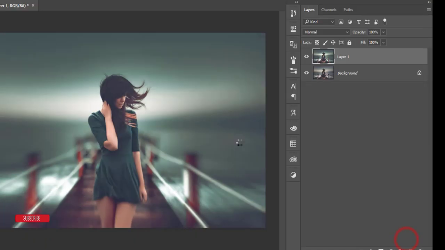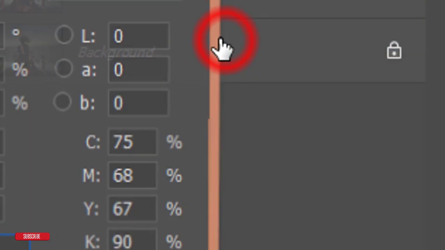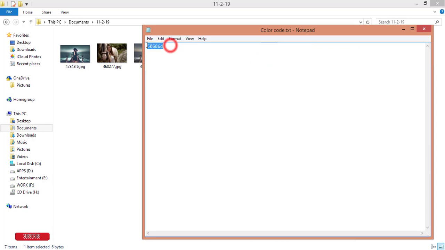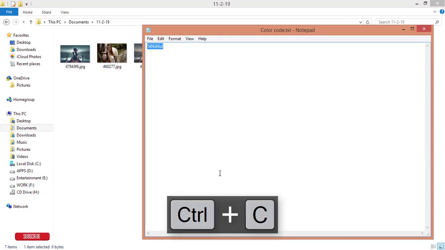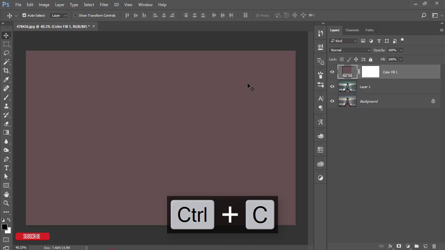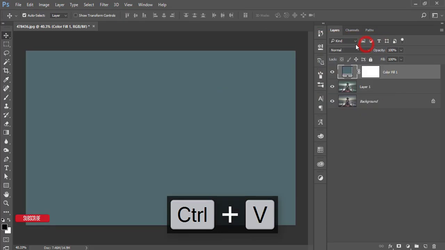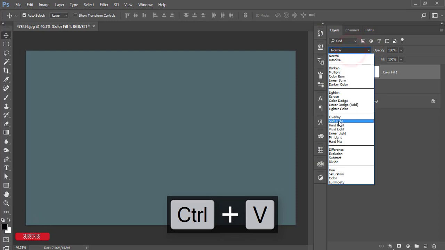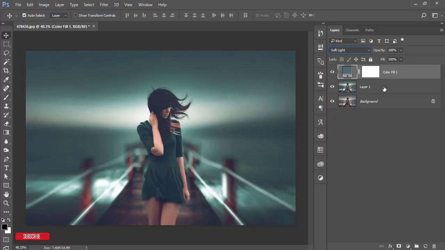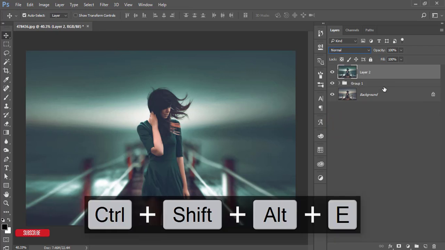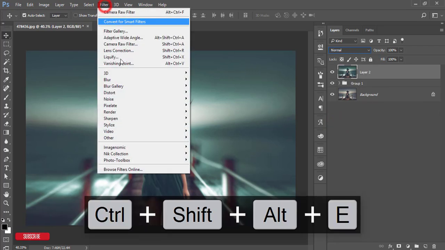and then hit OK. It's done, and then just go to the adjustment layer and Solid Color, and from here I'll choose this color code. Just copy this one, Ctrl+C, and then double click and paste it over here, and then go to the blending mode and make it Soft Light. That's fine. Select these two layers, make a group, merge it,